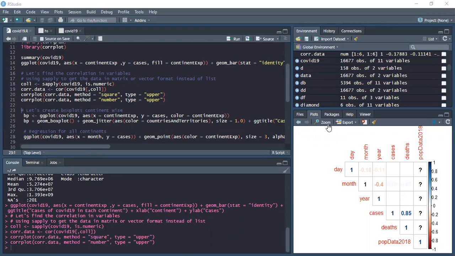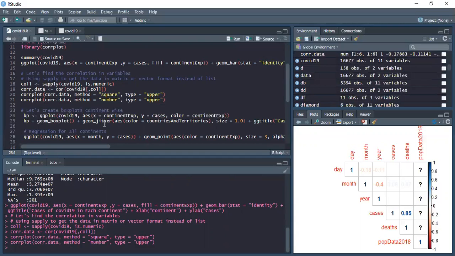So we can see the correlation between the cases and deaths is 0.85, followed by month and cases 0.8 and month and deaths with 0.7. Month and deaths is not having much correlation, so it is not much useful, but we are still going to show the same.